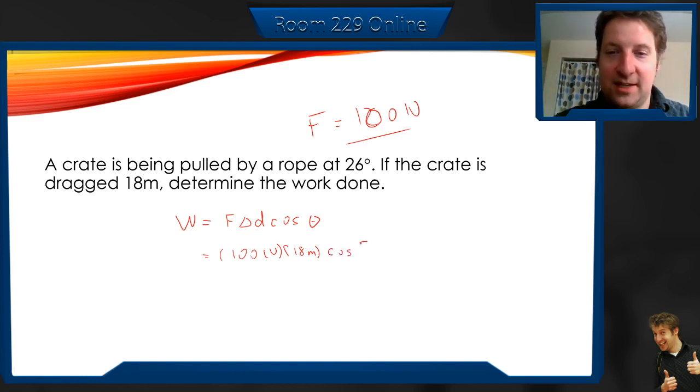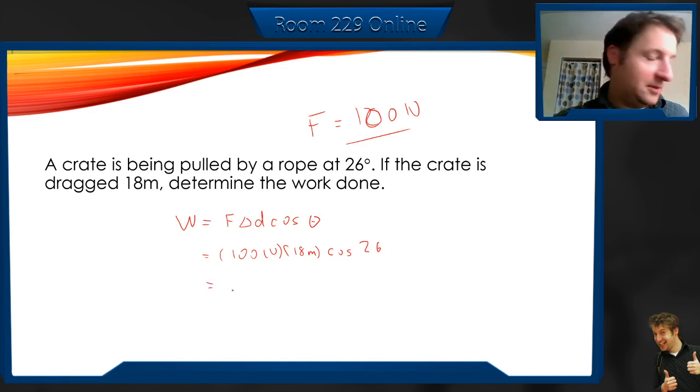Anyways, cos 26. That's going to be equal to 1800 times cos 26. Calculator out. What are we going to get? 1800 times cos 26. So we get 1618 joules, so 1.6